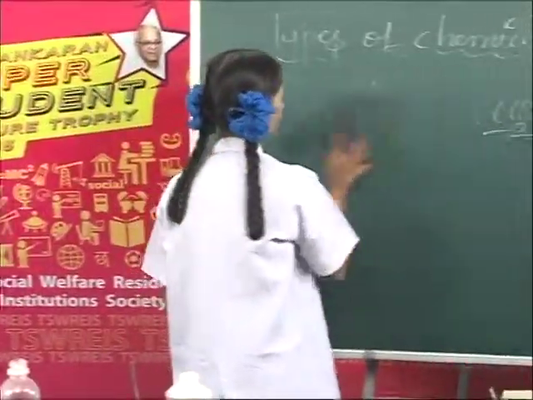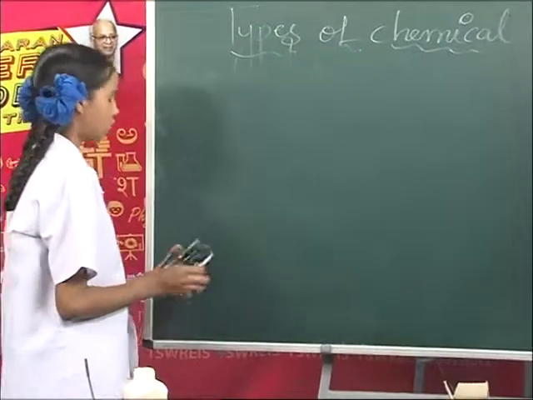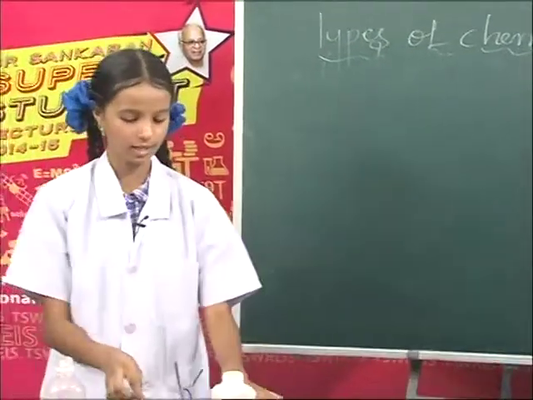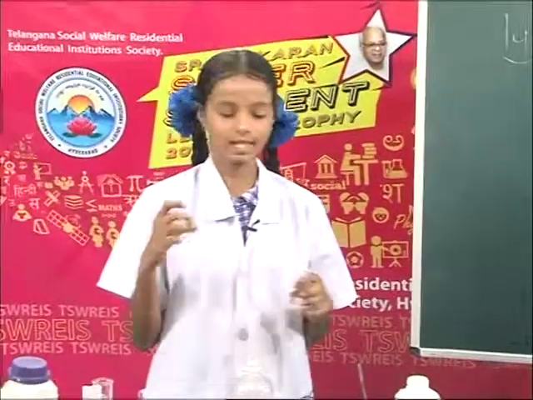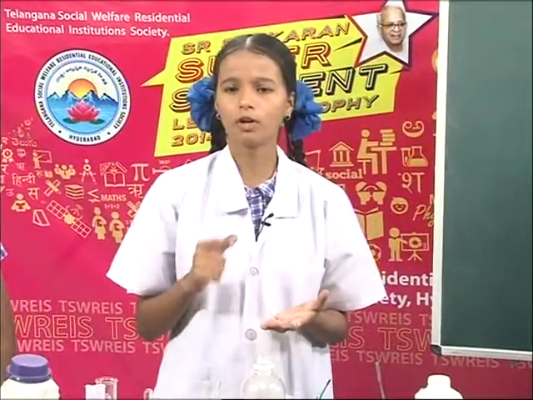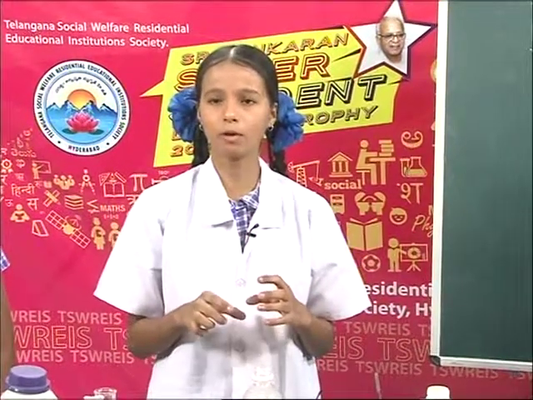A photochemical reaction, for example, I want to tell one experiment. Take silver bromide in a watch glass and observe its color. What is the color of silver bromide? The actual color of silver bromide is yellow. Put the silver bromide in the presence of sunlight, and the yellow silver bromide will change into grey color. Why? Because a photochemical reaction has taken place.